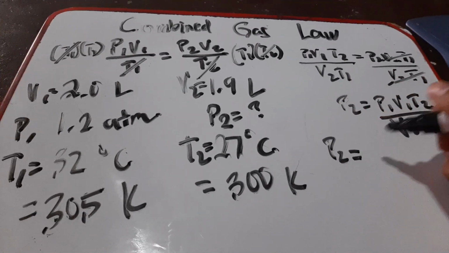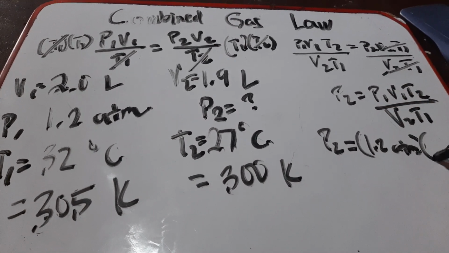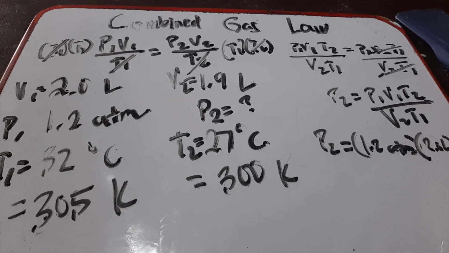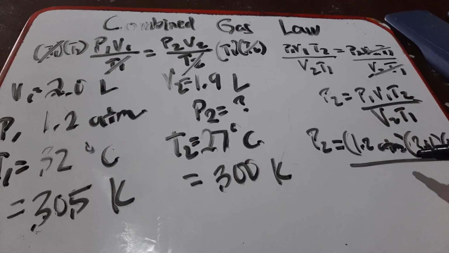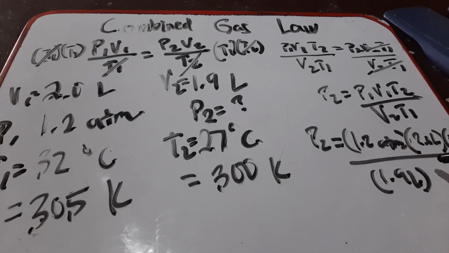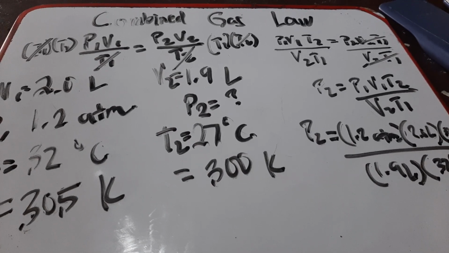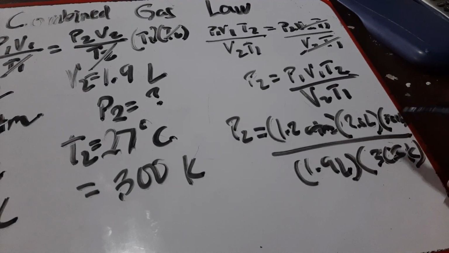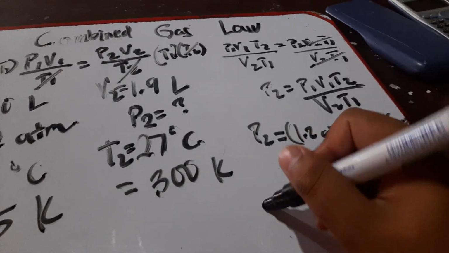P2 is equal to, my P1 is 1.2 atm. Then my V1 is 2.0 liters. My T2 is 300 Kelvin. And my V2 is 1.9 liters. And then my T1 is 32 degrees, or 305 Kelvin. Cancel the units, liter and Kelvin. I'll be left with atm. So my P2,